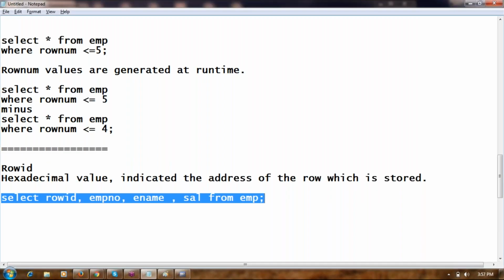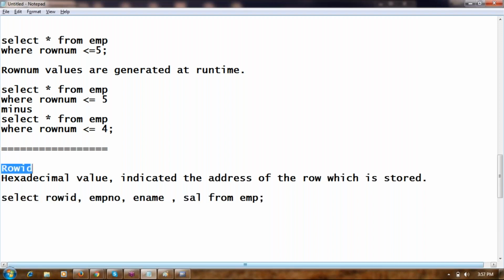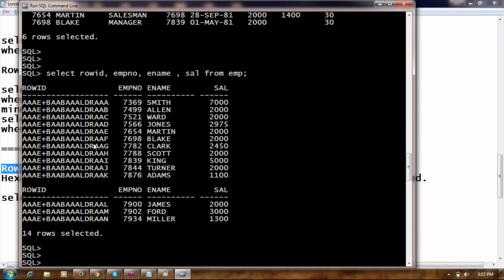So, row number or row ID? Row ID is going to be permanent. It goes away only when the row is deleted.